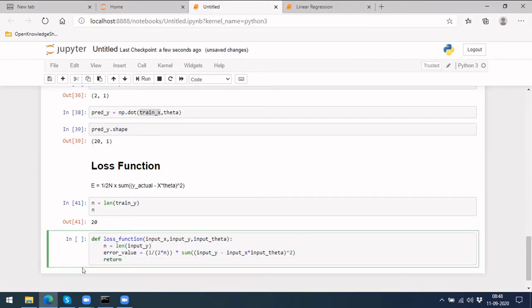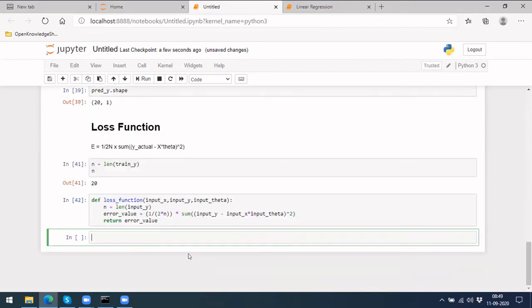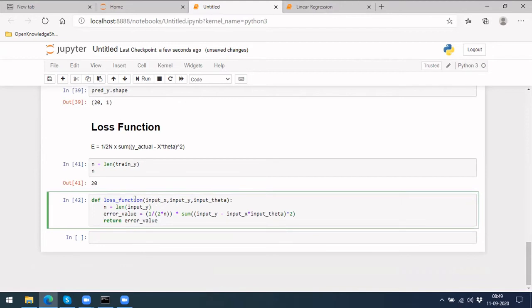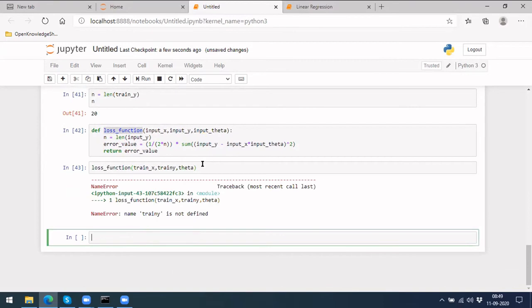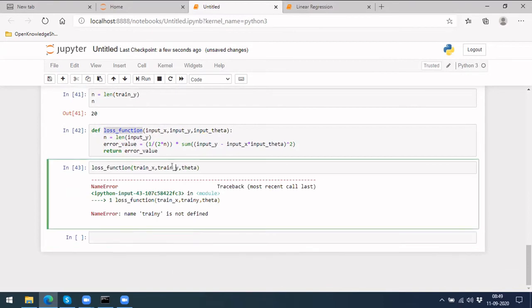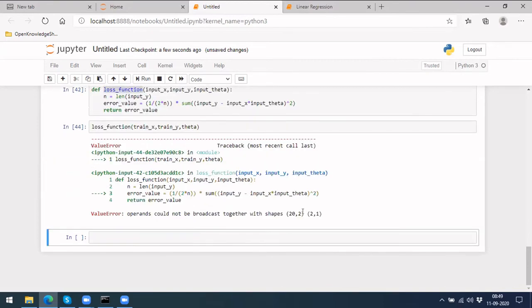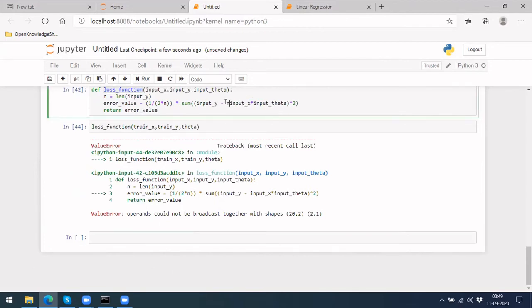So it looked complex, but we were able to implement it. Okay, so let's calculate it for the values we have now. Train x, train y, comma theta is theta again. Yeah, this multiplication, we got this error sometime back, right?